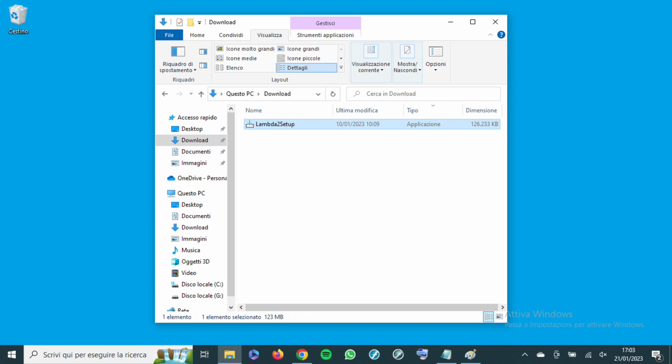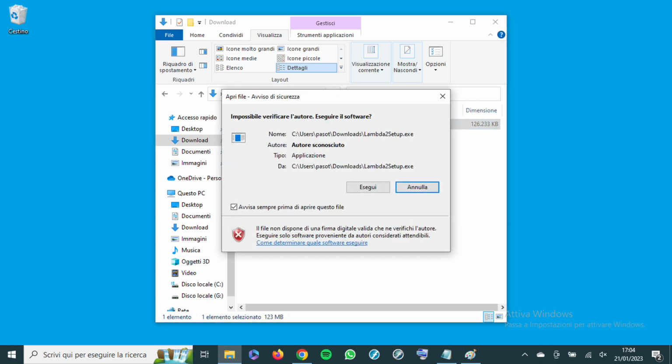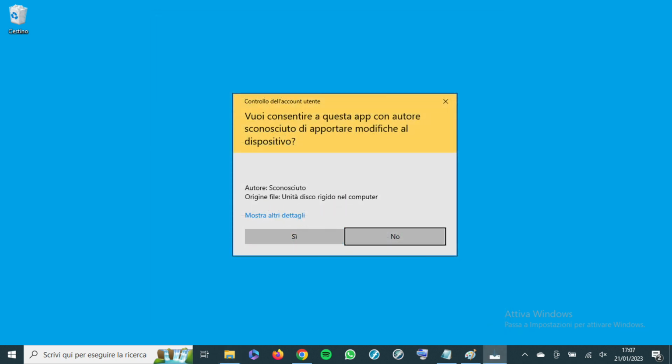exe. In some cases, and this depends on the level of control settings of the user account, the system may ask for confirmation to allow installation of the application with unknown author. Obviously, if you want to install Lambda 2.0, you have to say run it anyway, and say yes to the warning window. And then also,